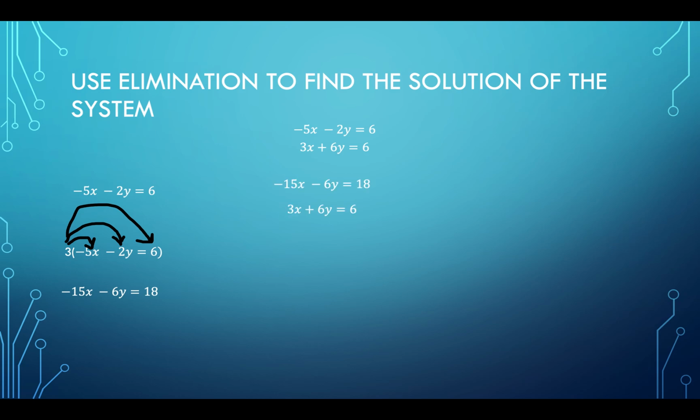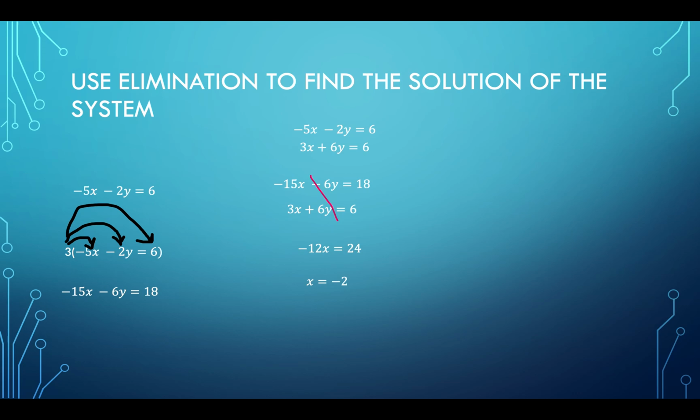Now we can take that equation, the one we've multiplied by, and add it to 3x plus 6y is equal to 6. So then you get over here negative 6y plus 6y. Those are going to cancel out, and then we just go ahead and add negative 15x plus 3x gives us negative 12x, and 18 plus 6 gives us 24. You got to get x by itself. So now what we do is divide each side by 12, or negative 12,